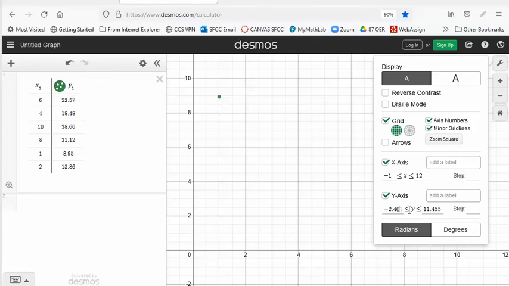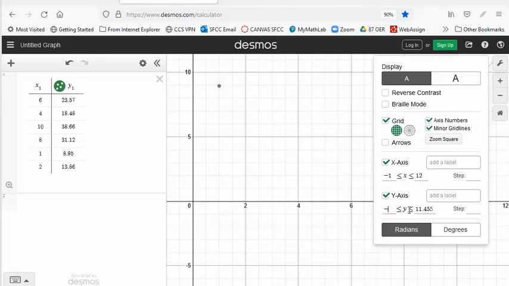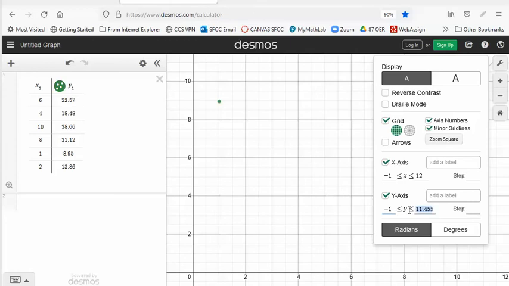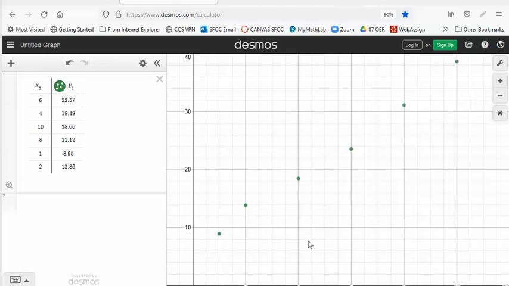Okay, so the y value, that's the distance traveled. Our smallest value is 9. But let's just go ahead and go from 0 so we can see our axis, or maybe even -1, up to our largest distance traveled, which was 38.66, so let's go to 40. All right, when you're done with that, you just click the graph area, and now you can see